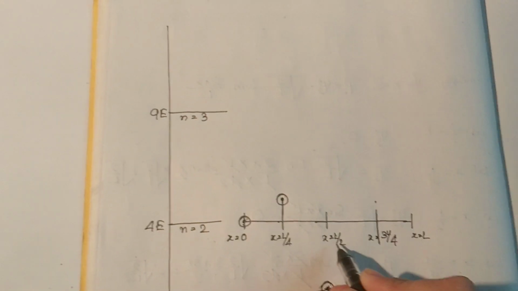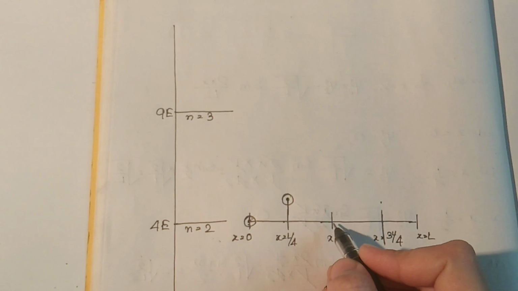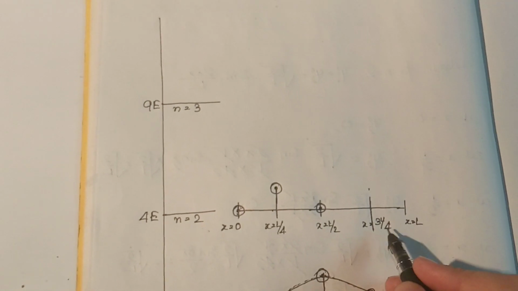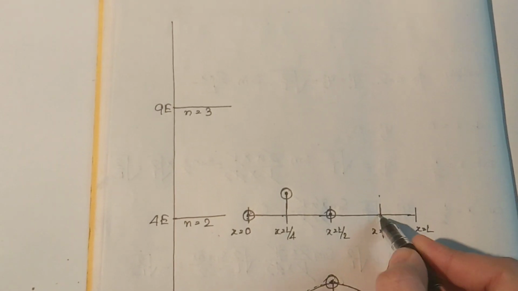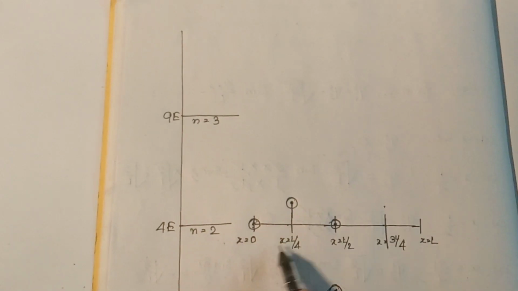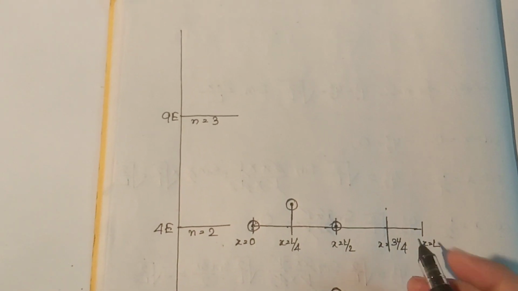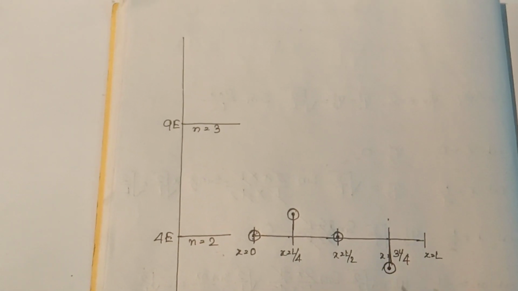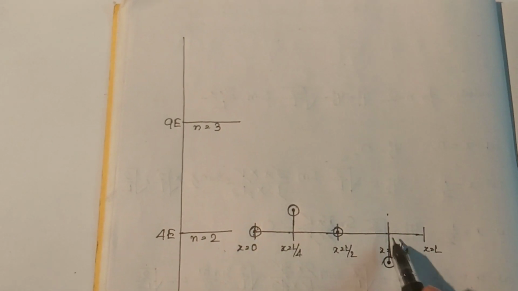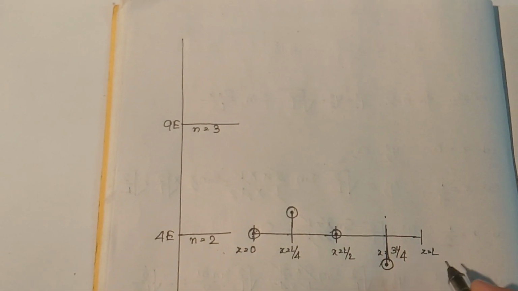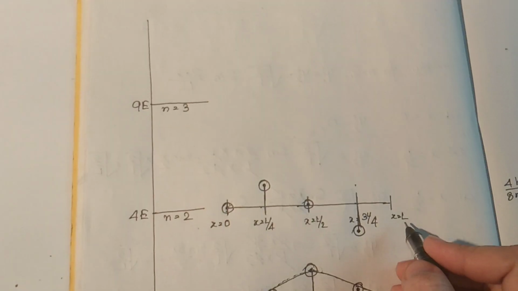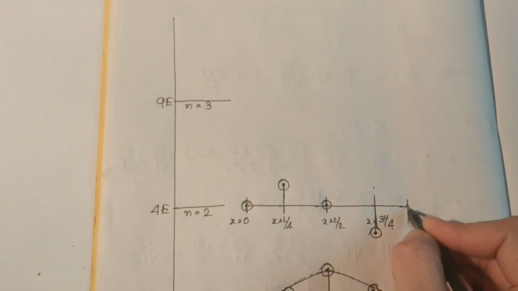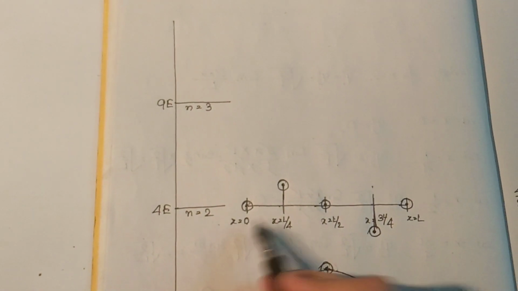When the position is half of the box, the value again came 0, so the particle is at this position. When the length is 3/4 position, the value came equivalent to the position L by 4th, but it is negative. So the same value at the same height, but in a different position. It is in positive and it is having a negative sign. Then at x is equal to L, the value that came is equal to 0.